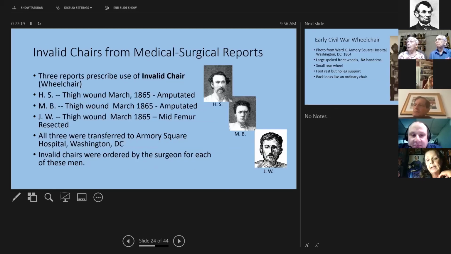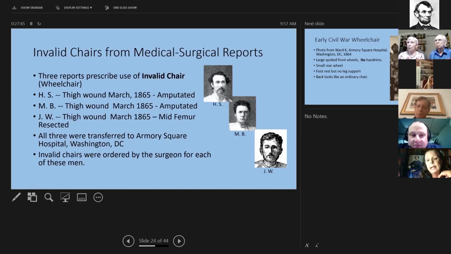And HS and MB had thigh wounds in March 1865, and they were amputated. And JW had a thigh wound, and he had a mid-femur resected.